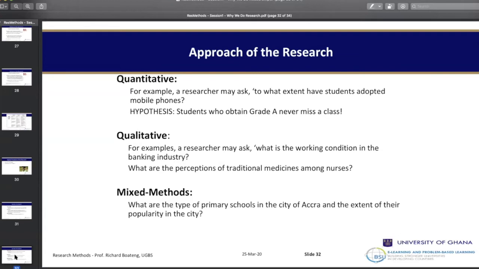So in doing your long essay, you may end up choosing to do either a qualitative, quantitative, or mixed method study, depending on your strengths, the nature of the question you are asking, the maturity of the topic, and even the supervisor who is supervising you. These factors can influence the choice of approach.